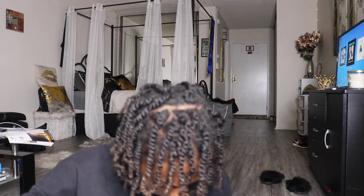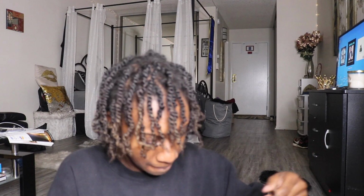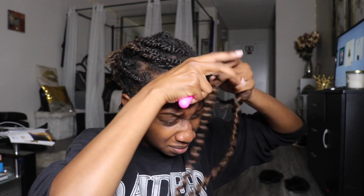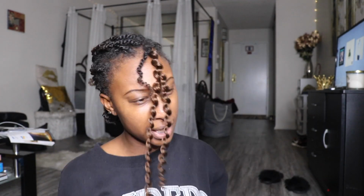So I'm starting off with my hair already twisted, so I went ahead and parted the front of my hair and twisted. You can part your hair however you want. You don't have to part it if you don't want to, but that's what I did to make it more convenient for me. And so here I'm going in with the crochet hair, and I'm just putting it through and